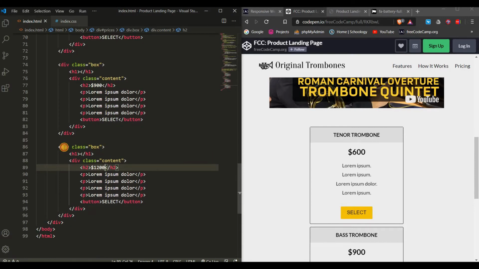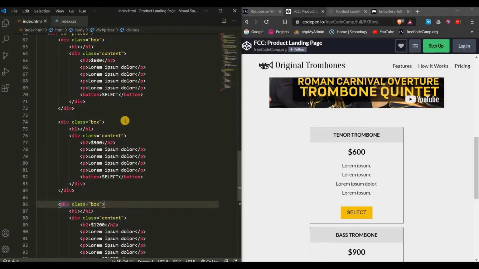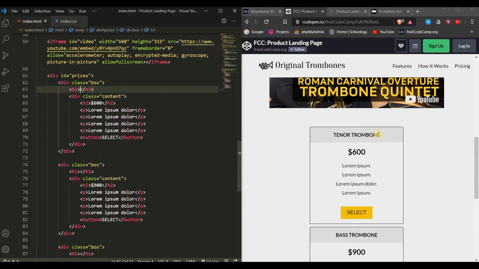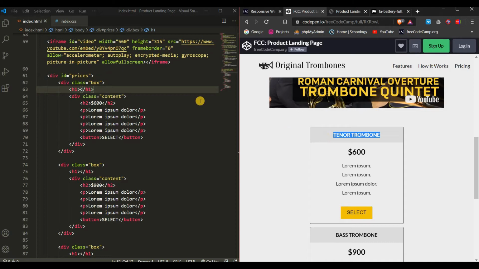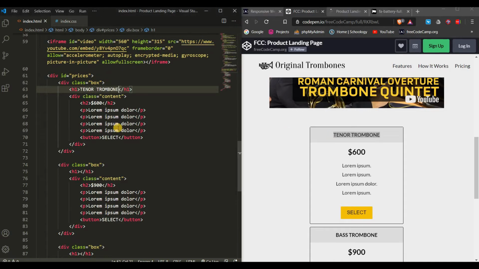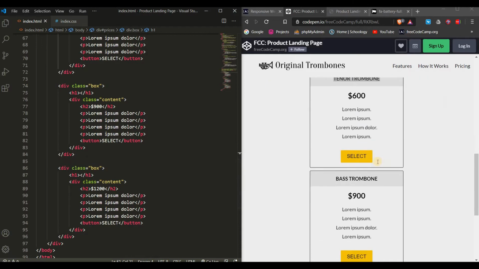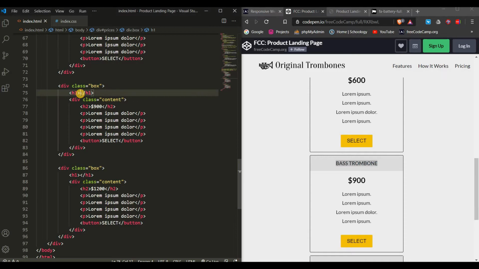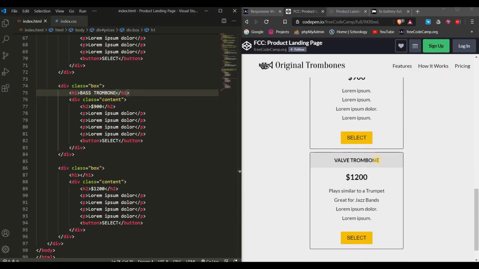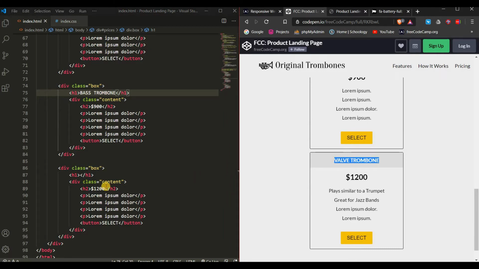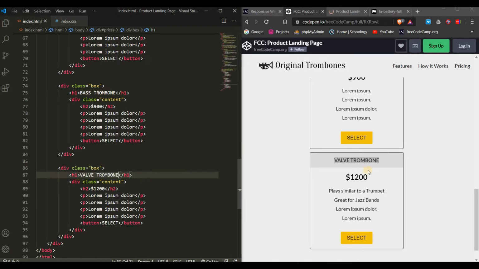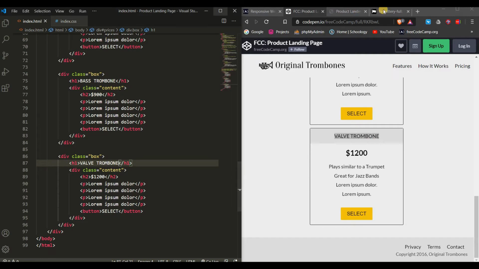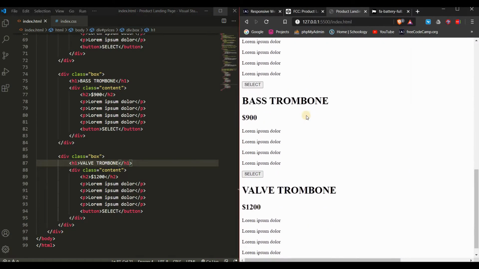So what's going on here is this box. This box represents this. H1 will be this title. Oh, I forgot the title. So first one is tenor trombone. Second one is bass trombone. Third is valve. Okay, and we're about done. Let's see how it looks. Yeah,